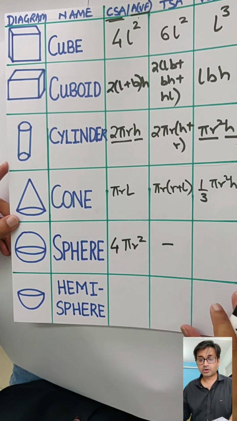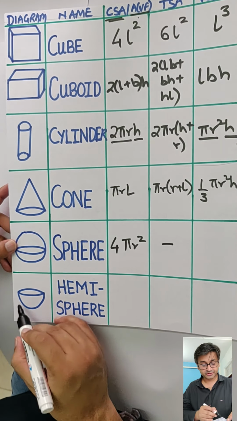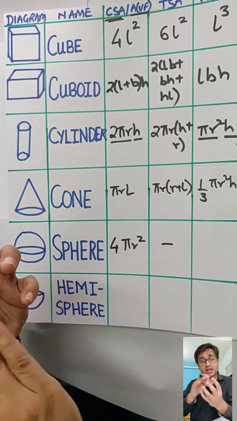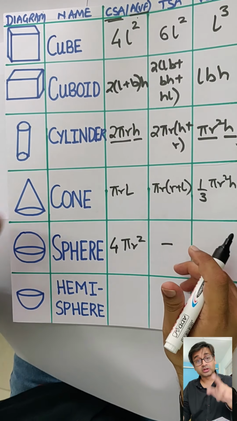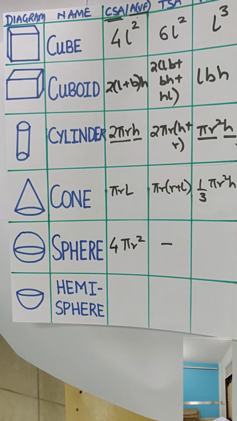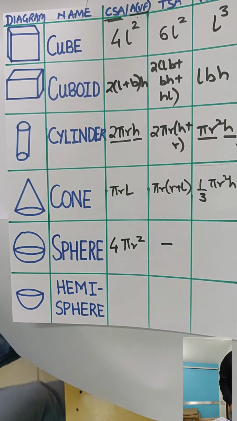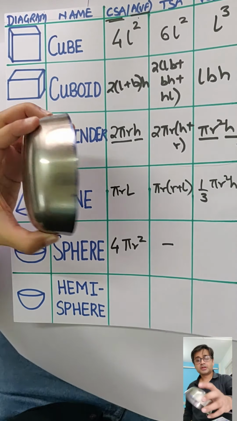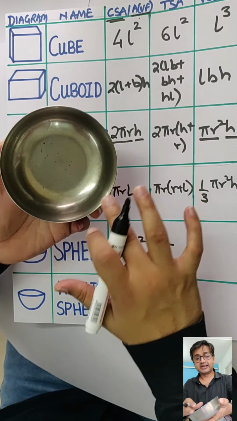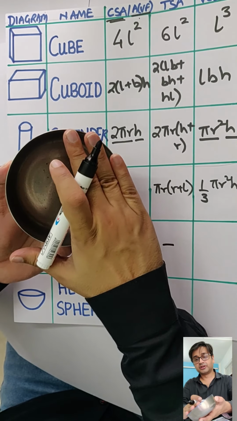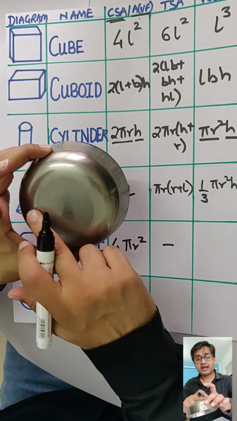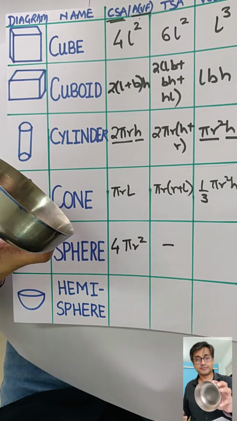Clear? Now before we go to the volume, let's go to the hemisphere. Hemisphere is half the sphere, like a bowl. So it has a surface area, and you have a circle on top, therefore total surface area also. Let me show it to you. So that's your hemisphere. Can you see? Here is the surface area, and when I add this circle, this part over here, it will become the total surface area. So this part is the surface and this part is the circle.